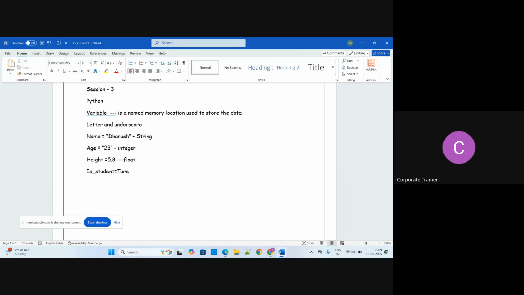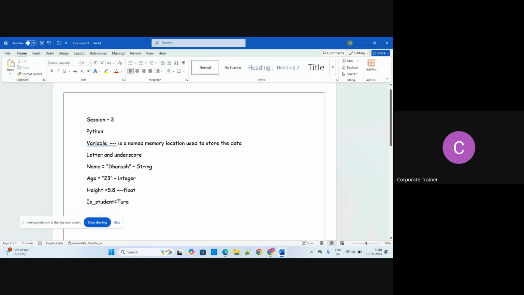Whatever we are defining is true or false. So how can you check that? For this you have to use boolean. It might be true or false. So that's the main thing regarding the variable. I hope you all know, and this was just a recap for you guys. Next, coming to memory allocation.